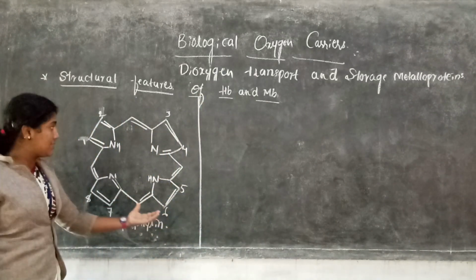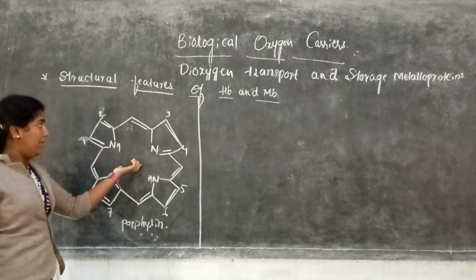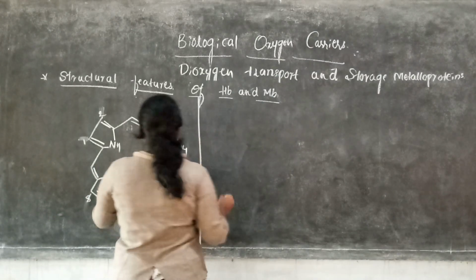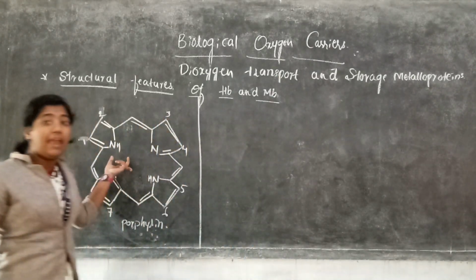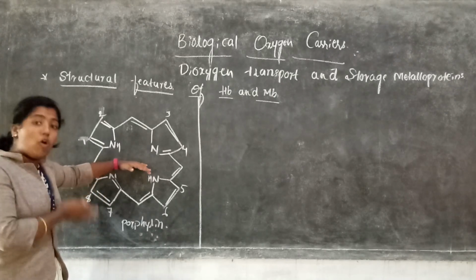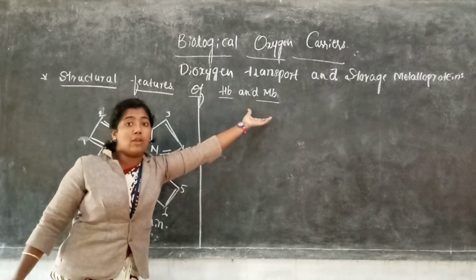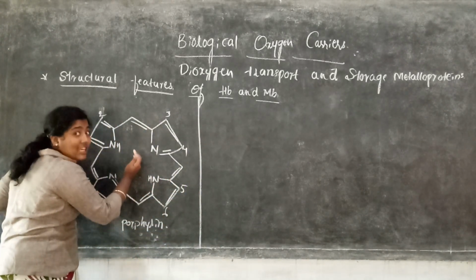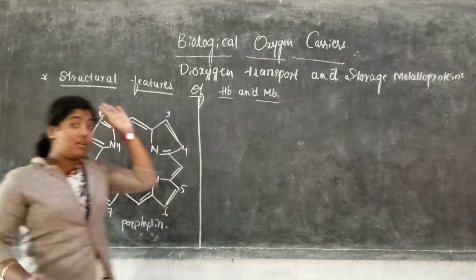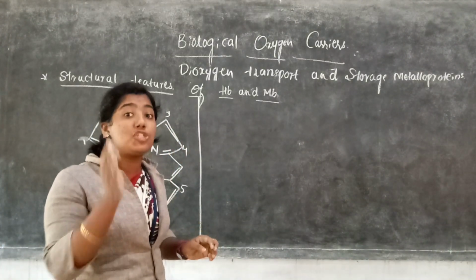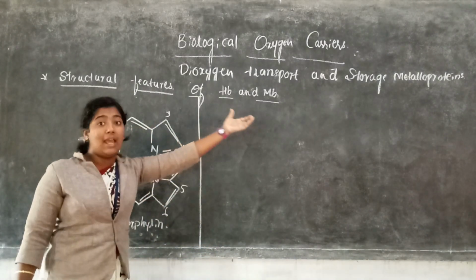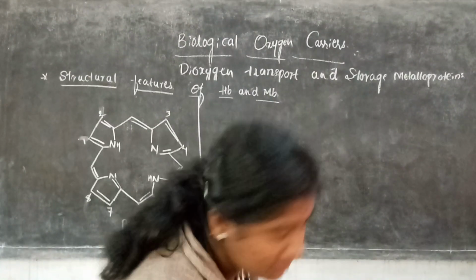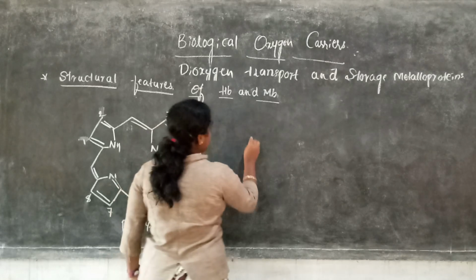Okay, next we discuss about the heme B, the heme unit in hemoglobin and myoglobin. Okay, so same structure but containing the iron in the active center. So this is known as the porphyrin ring. Here the hemoglobin and myoglobin contain iron porphyrin, nothing but porphyrin containing iron in the active center. In chlorophyll we have magnesium in the center. Here hemoglobin and myoglobin are heme proteins containing iron in the active center. Okay. So same structure.